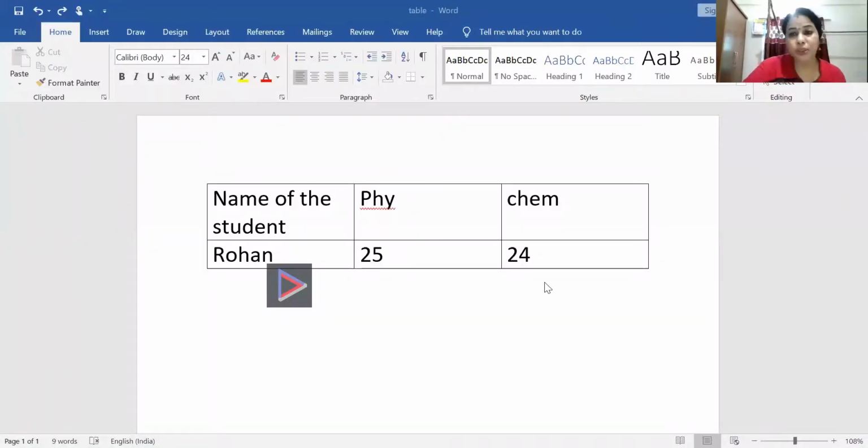Now we have to see how to resize a table. What is the meaning of resizing? Resizing means increasing or decreasing the size of the table. It can be done manually or automatically. There is a shortcut method, and you can also do it through the menu. Automatically means resizing a table through the auto fit option. It has the flexibility to automatically resize the columns based on different criteria: based on the column width, or on the contents, or on the window.